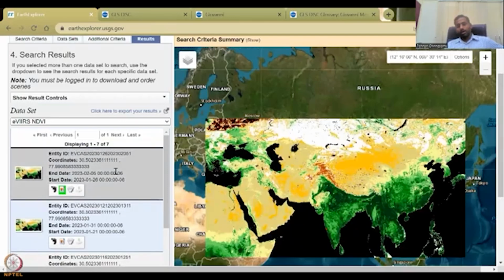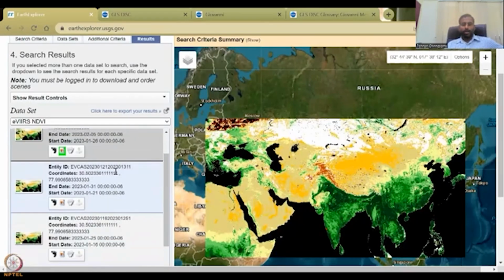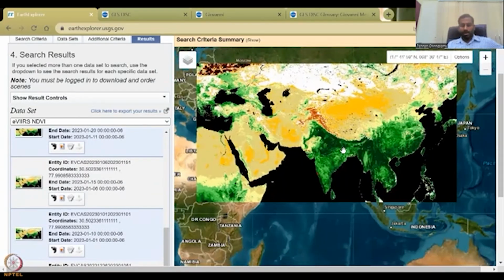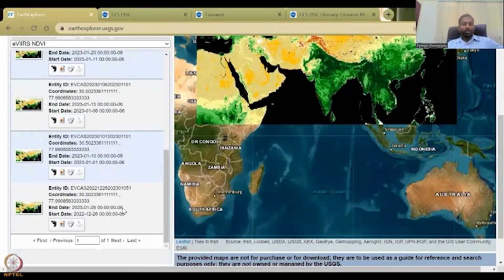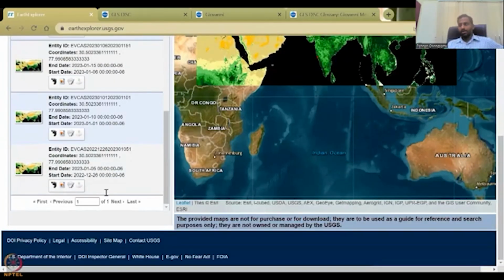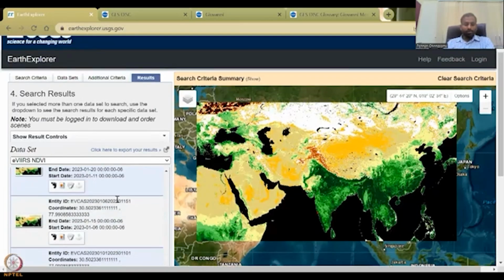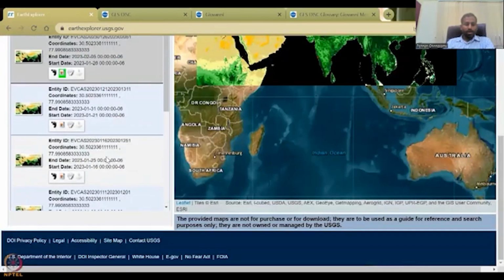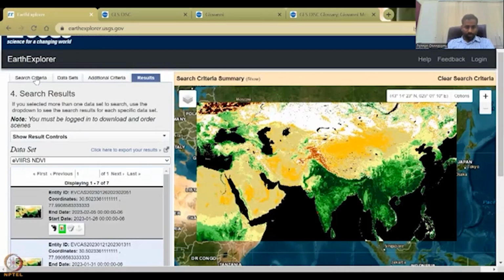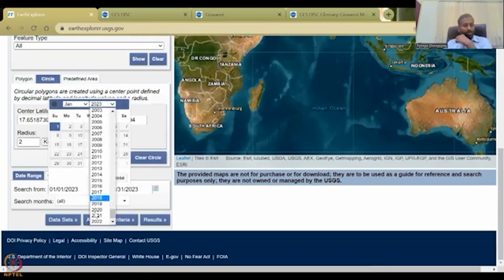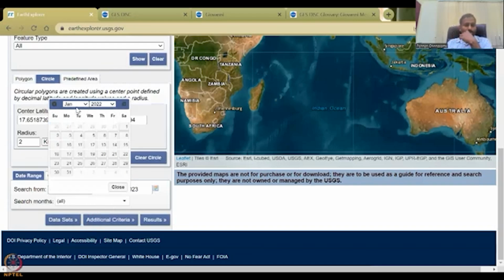So if you want to quickly look at it, we can look within the month at how it has changed. So from 1 to 2nd February, we have, you see, the entire India is almost green with NDVI, high NDVI in this basin. And then we can also see the previous results. So you can download this, and if you need, you can go back to clear the results, or go to search criteria again. Let's just take the previous summer months, which is May